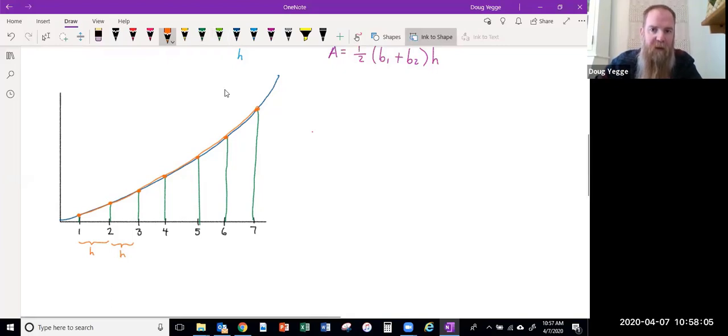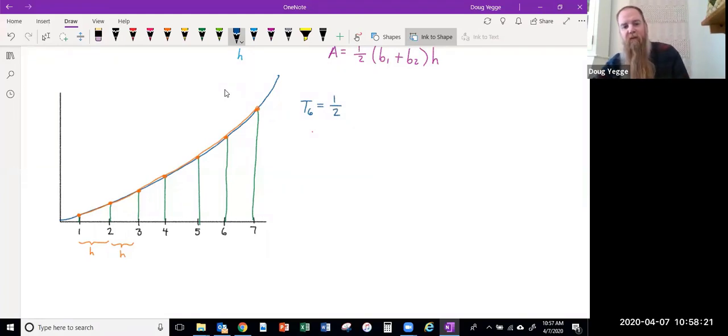So if I wanted to find the formula for T6, which is the trapezoidal rule, we just have to realize that we're taking 1/2 base 1 plus base 2 times the height. Well, let's just look at this first one. Isn't this first one going to be f of 1 plus f of 2? So the first one is going to be f of 1 plus f of 2